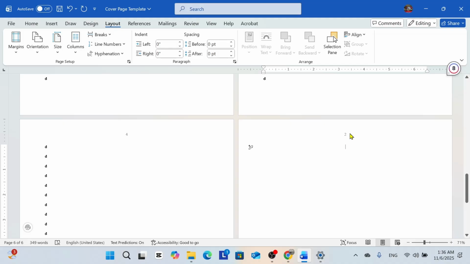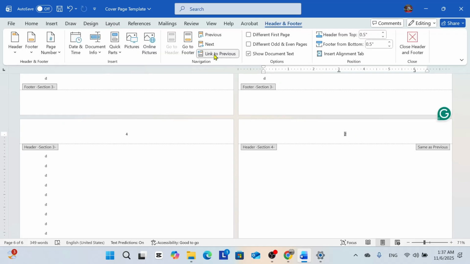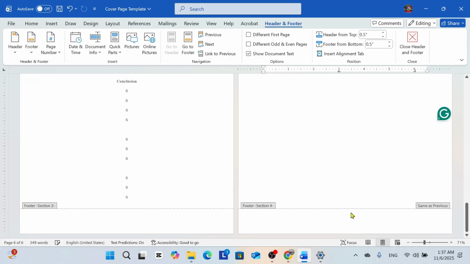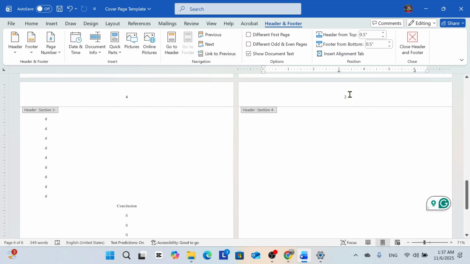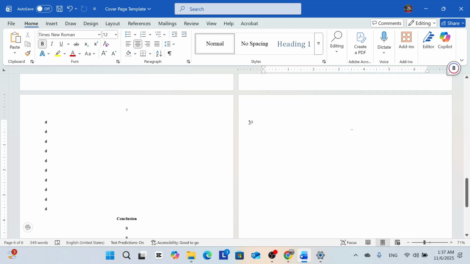Go again to click the top header, unlink it, go to the bottom, unlink it, and then go again to the top, delete that page 2, close the header and the footer,